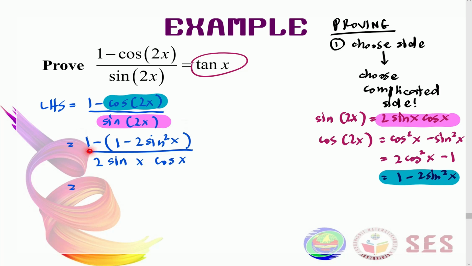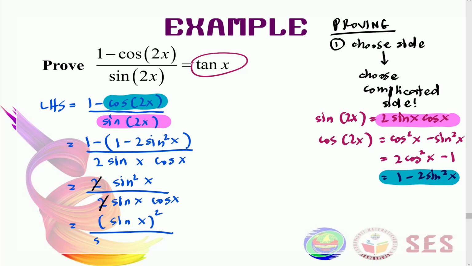And if I open this bracket here and simplify, I'm going to get 2 sine squared x over 2 sine x cos x. And we know these two can be cancelled, and sine squared x can be written as sine x squared. And then copy the denominator again. We're going to have sine x cos x. See, in this step, we have sine x squared and then sine x. These two can be simplified further to become just sine x and cos x in the denominator. And we know that sine x divided by cos x is equal to tan x, which is our right hand side. Okay, so these are two examples on how to use the double angle formula.